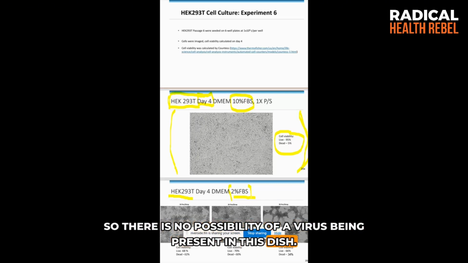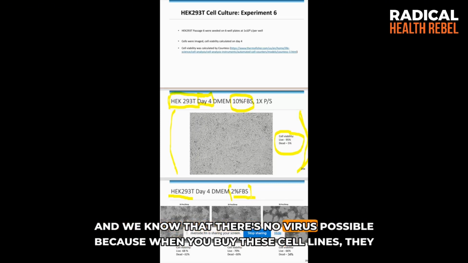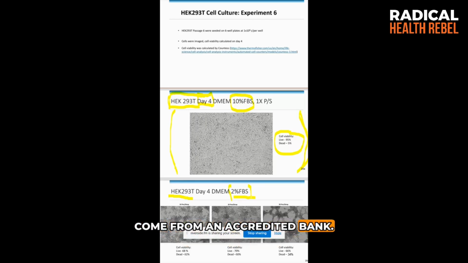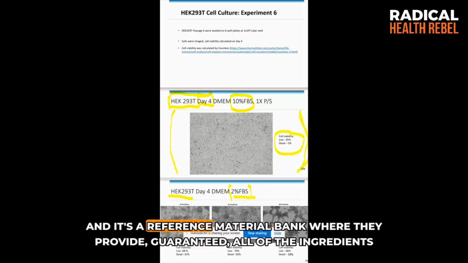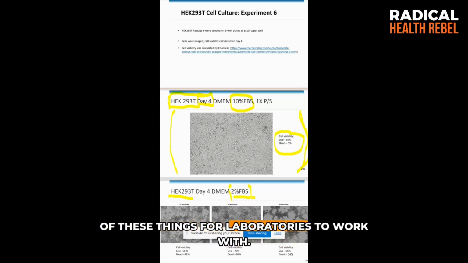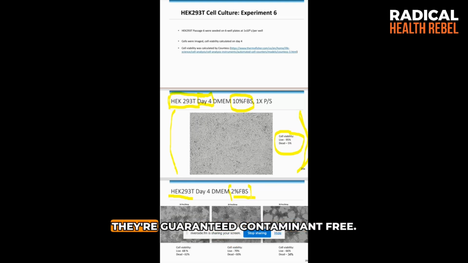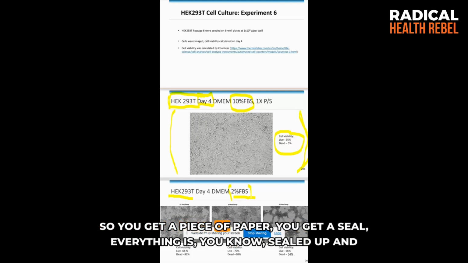present in this dish. And we know that there's no virus possible because when you buy these cell lines, they come from an accredited bank. So it's called the ATCC, an American Type Culture Center. And it's a reference material bank where they provide guaranteed all of the ingredients of these things for laboratories to work with. They're guaranteed contaminant free. So you get a piece of paper, you get a seal. Everything is